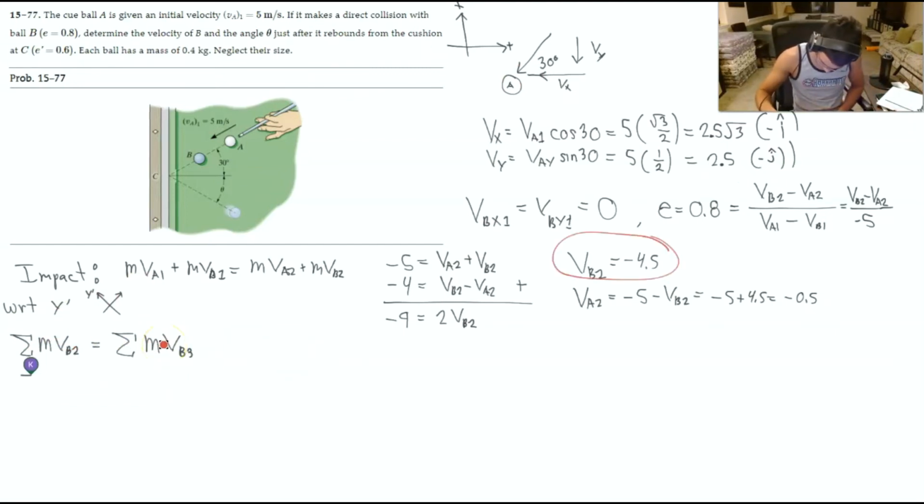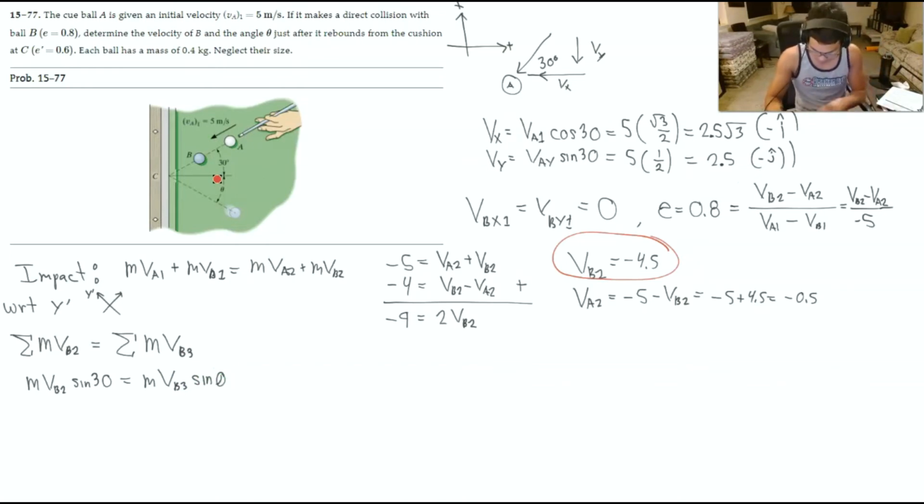Okay, so it's going to be the sum of the mass and the... I'm actually going to get rid of the sum, because it's only one ball, so we don't have a lot of moving parts here. So mass times VB2 sine 30, the initial angle, and then apparently it's going to equal the mass times VB3. We don't know what this velocity is exactly, but we know that it's going to travel at some velocity and